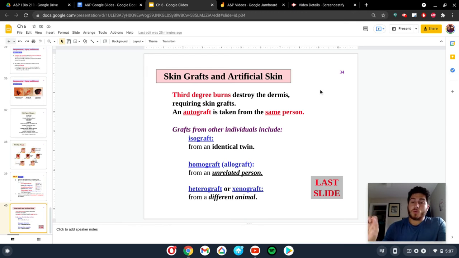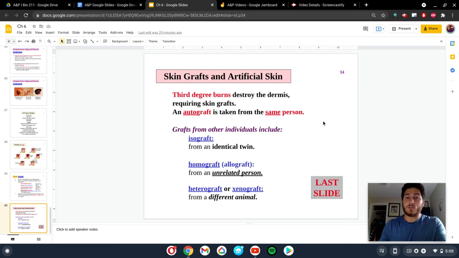This is the most optimal type of grafting because it is the least likely to be rejected, because it is your own body. As you move into the other 3 grafts, which we're going to talk about in 2 seconds, these are the most likely to be rejected because they are not from you. If it's a match, perfect, it's most likely to work. It doesn't mean it's going to work every time, but the best choice is your own genetics, your own DNA, your own skin. The next one on here